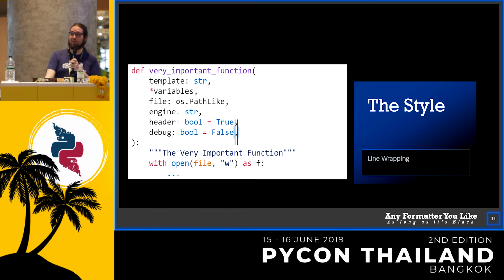The other thing I want to point out is that comma at the very end there. If your Python version supports this, which is I think 3.6 and onwards, Black will always put trailing commas at the very end of function signatures, because if you try and add more arguments after that or remove arguments, the resulting diff will be only 1 line, which helps code review.